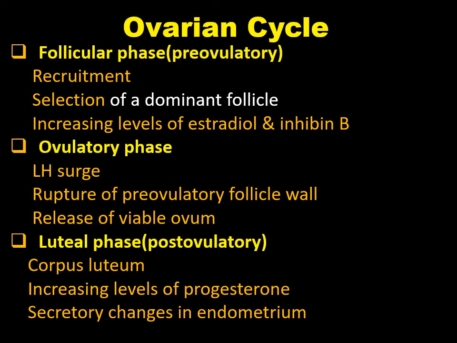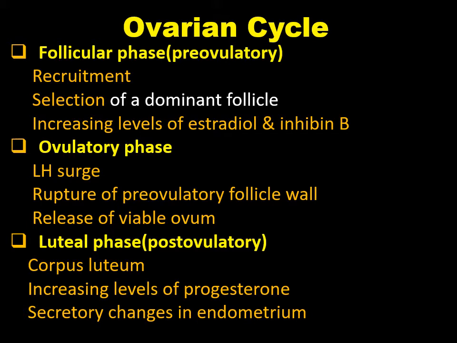To describe the menstrual cycle, we talk about the ovarian cycle and the uterine cycle. Ovarian cycle is composed of two phases separated by ovulation. In the follicular phase, as the name implies, there will be growth of the follicles, recruitment and the selection of a dominant follicle under the effect of follicle stimulating hormone from the anterior pituitary, and this results in the production of estradiol and inhibin B,